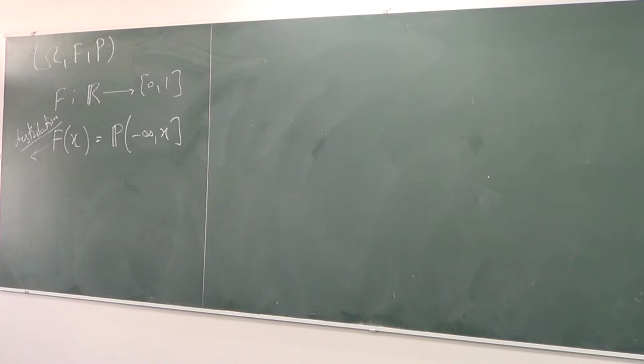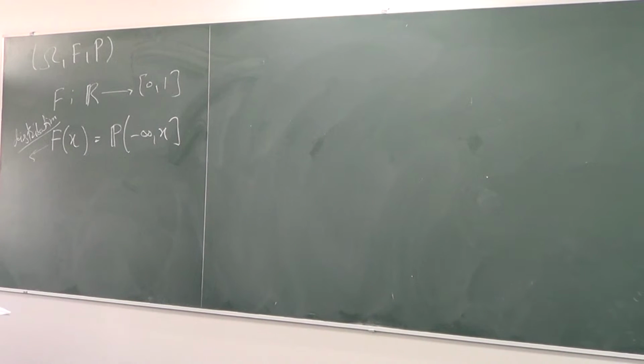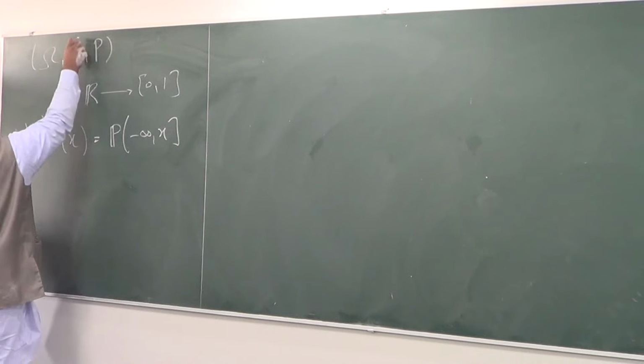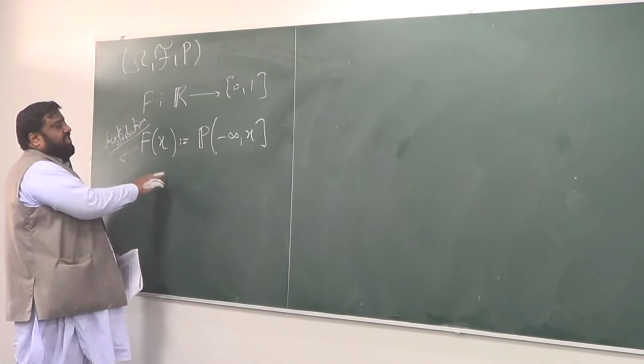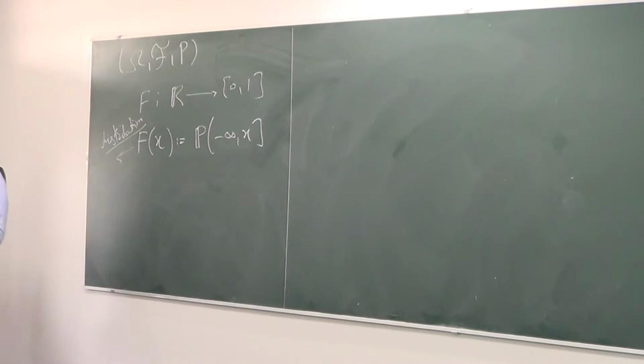We represent F for the sigma field, and also for the distribution. By the way, do you remember the meaning of a random variable? We defined it previously: a random variable is a measurable map on a probability space. So let's call the distribution function calligraphic F. Any function from R defined in this manner is called a distribution function. We already know it meets our intuition, and we know lots of examples of it.